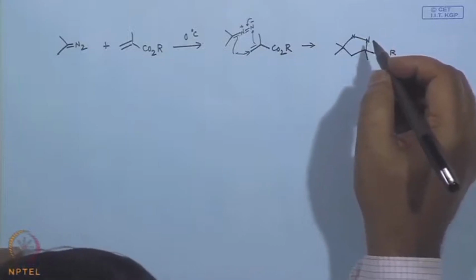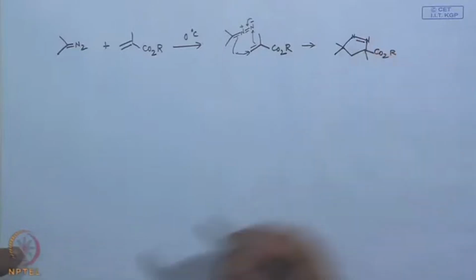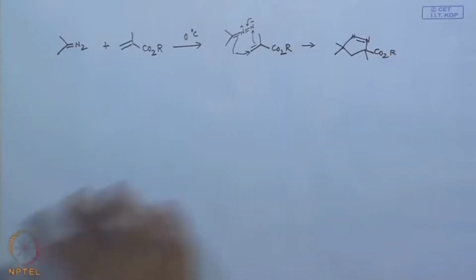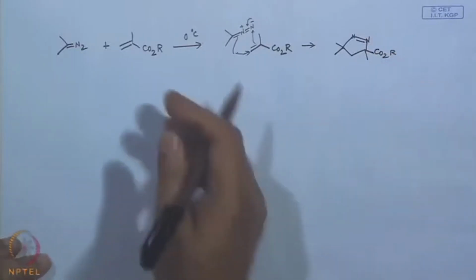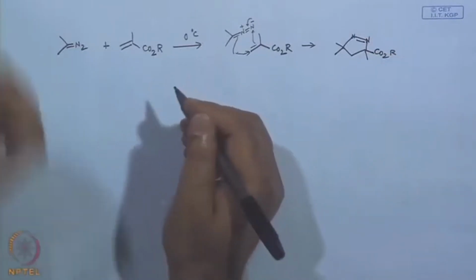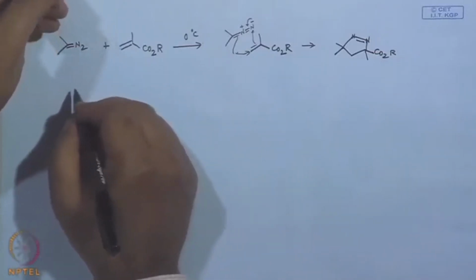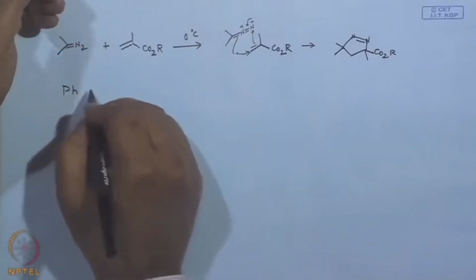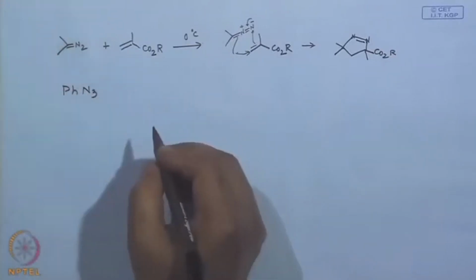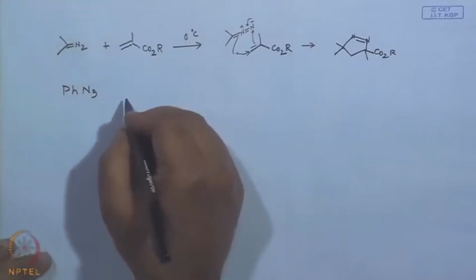So, something is wrong. This should be a double bond. So, this is pretty well known, right. For example, nowadays one of the very popular reactions is, let us say, if you begin with phenyl azide, and